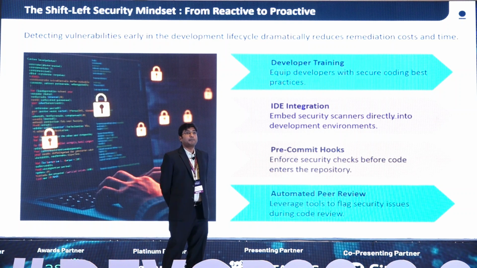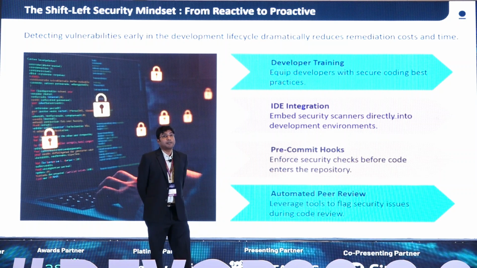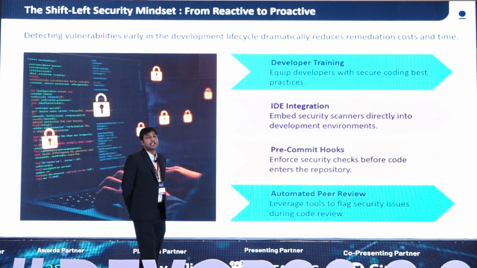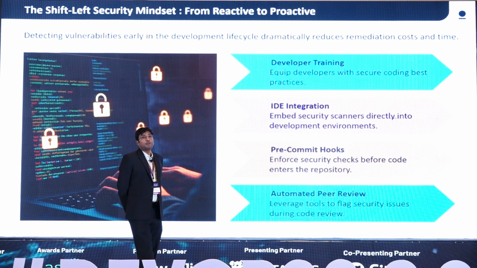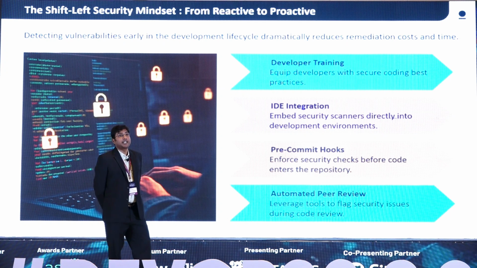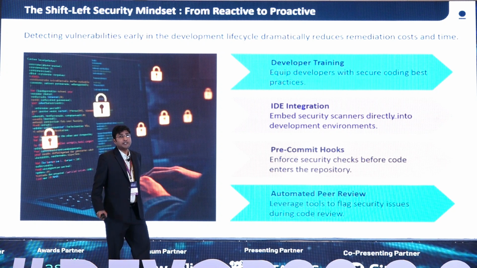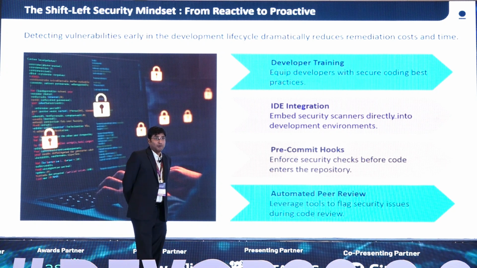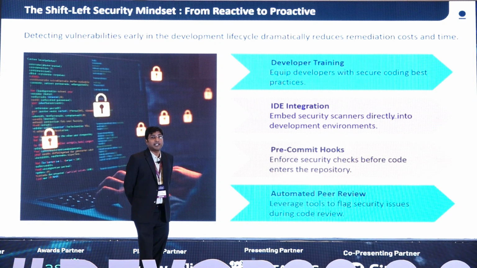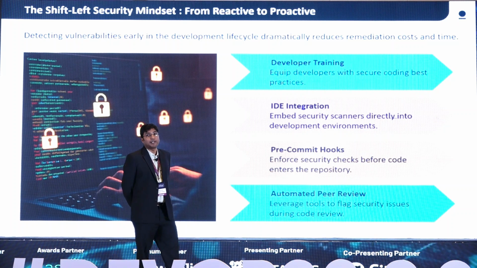And then automated peer reviews. Rather than architects or different team members reviewing all the PRs, there should be an automated way to do the peer reviews, so that we can get problems solved automatically if there are any critical or high vulnerabilities. Yes, those are the things we can consider. There are more, but these are the four critical items which help us shift security left in the development cycle.